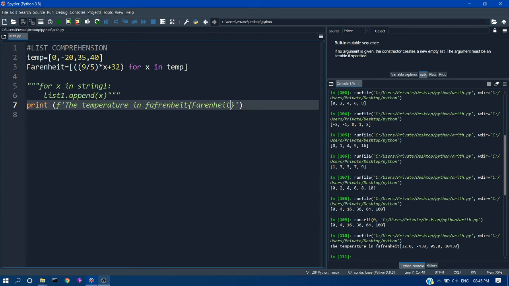Temperature is converted from Celsius to Fahrenheit in our list. So here you can see 0 degrees Celsius is 32 degrees Fahrenheit. So this is the use of list comprehension, which will come in handy when you are building large blocks of code. As a programmer or developer, your intent must not be to produce one-liners. Even if someone has read your code and come back after a long time, they should understand what you have done in this one-liner. So it's completely up to you how you write your code.